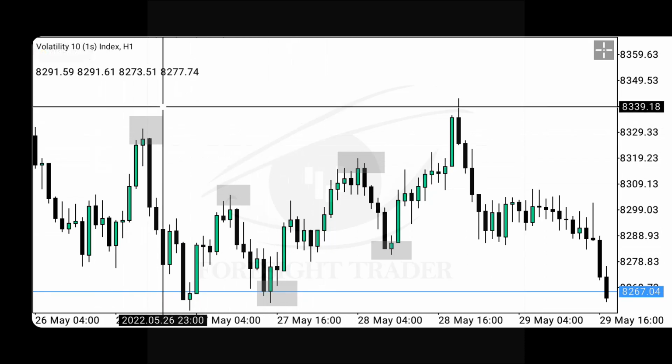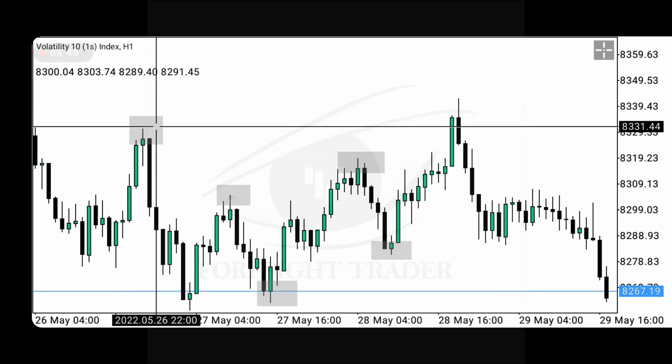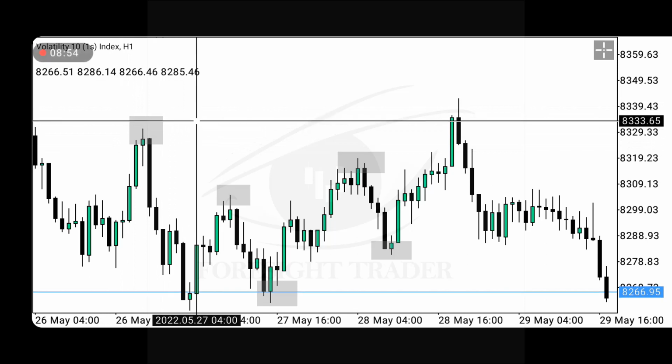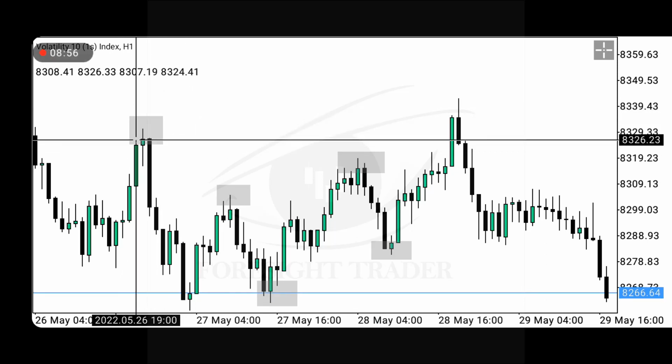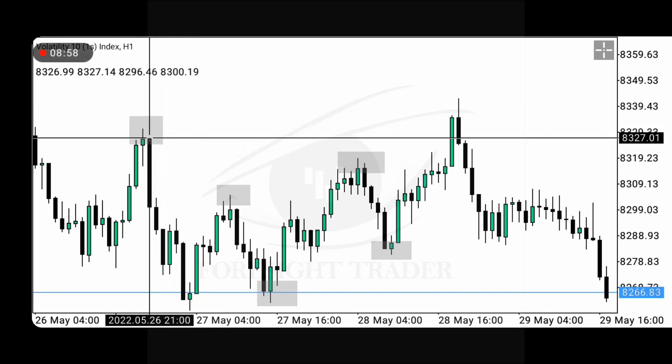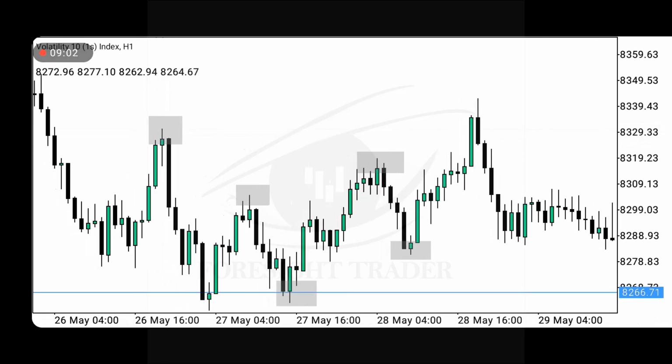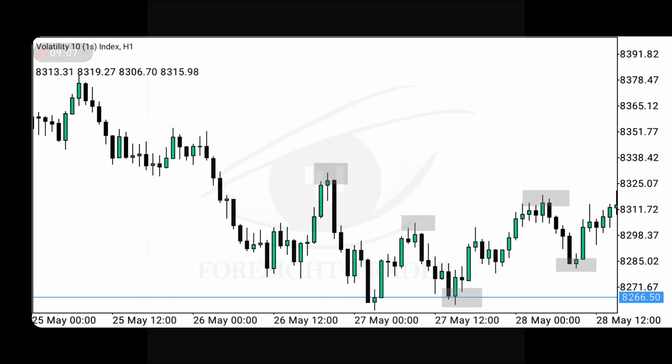So with that idea, you know that they are going to place their stop loss just above this high, just a little bit above the high, and place their entry somewhere around here. So with that ideology, you know that liquidity is already being built in the market. So many traders are already selling from somewhere here.